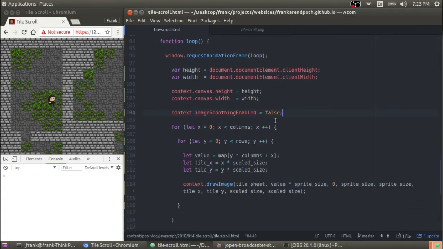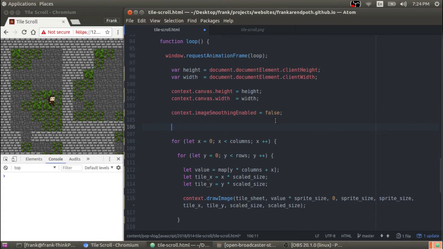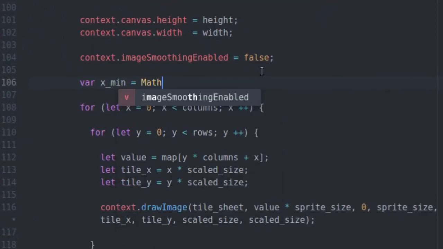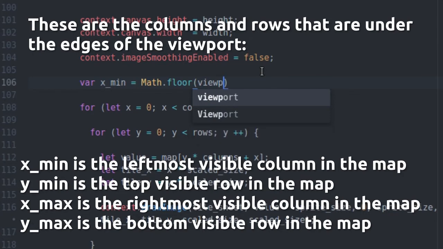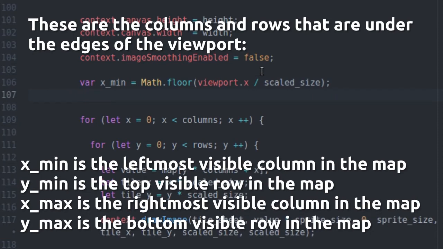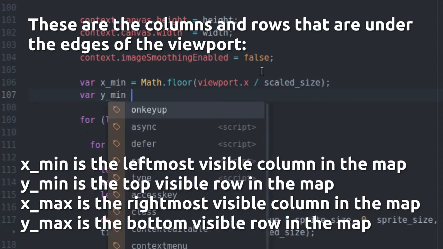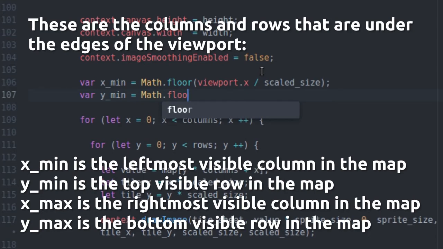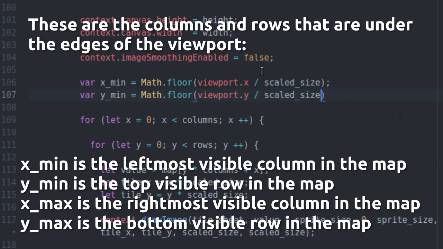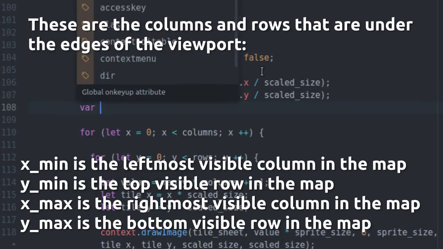So how we do that is we start out by getting the minimum column value for our visible tiles, and the minimum row value, as well as the maximum values. So I'm just going to say var xmin equals Math.floor(viewport.x divided by scaledSize). Same thing for ymin, Math.floor(viewport.y divided by scaledSize), and maximum is going to be